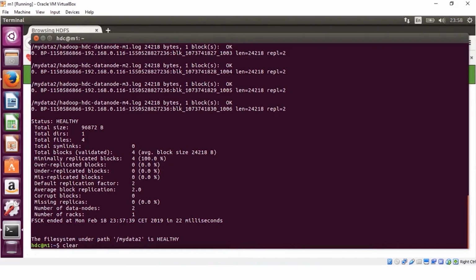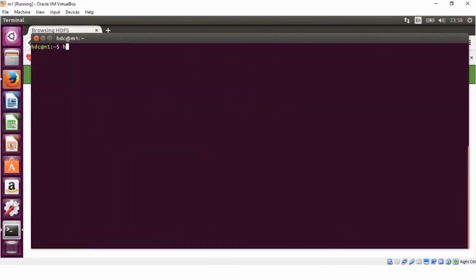So we have seen how your files are written with default replication. We have seen how your files follow a dynamic replication, what you specify on the command line. Now we can also see a command which allows us to change replication after the data has been written. So I can say setrep, and I can say path, that is mydata3, where I initially had all my file related blocks replicated only once, and now I'll say mydata3, and I can specify that